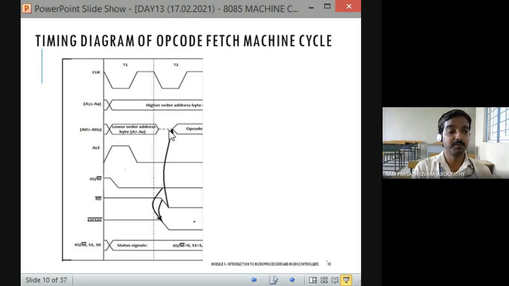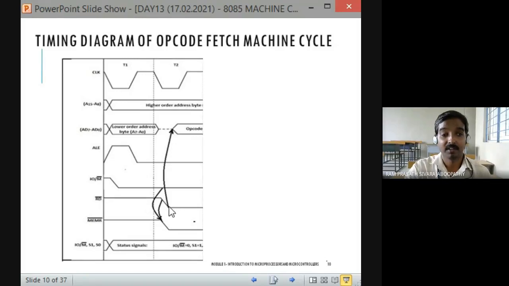So for that transition, the bus is tri-stated for a little period, momentarily. Once the read signal is enabled during the T2 state,